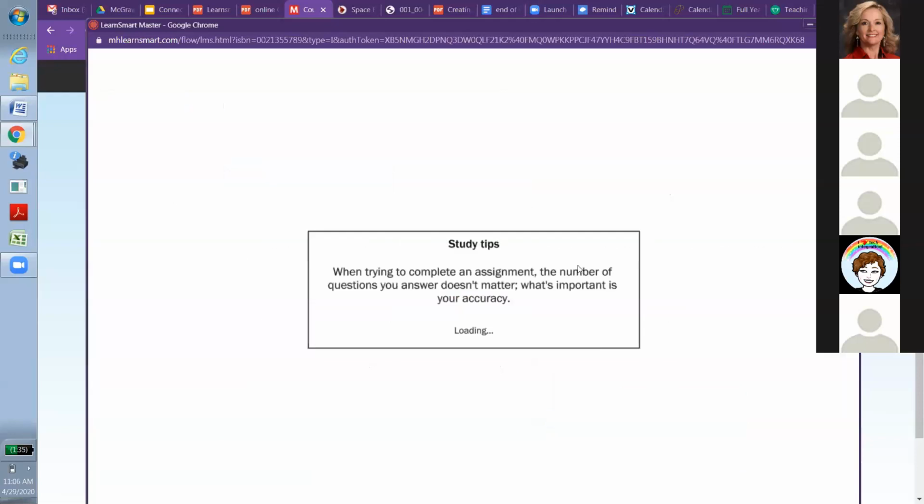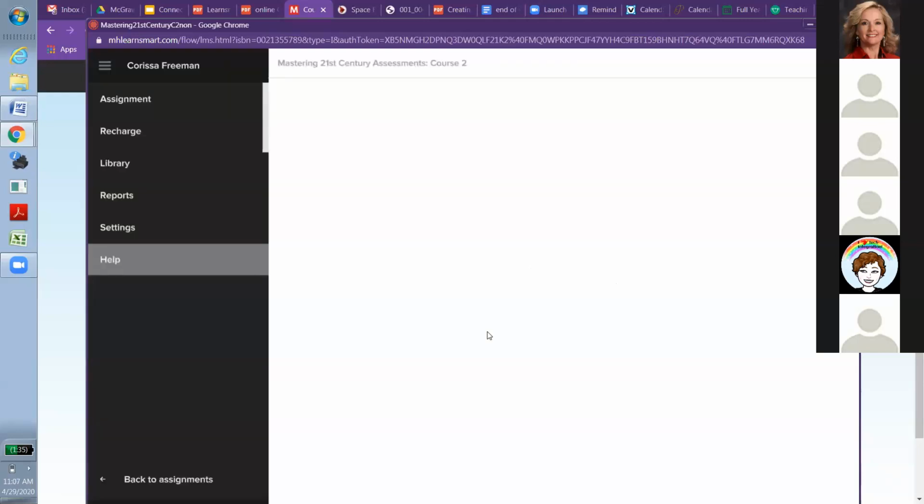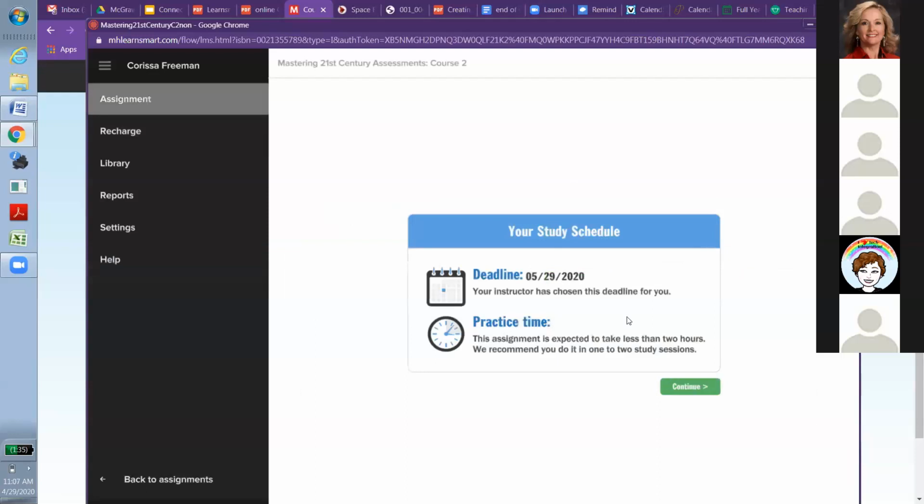all the questions for unit rates when it comes up. It has study tips, it has videos, everything is in there. They can set a goal. So if you have goals, this recharge right here is if maybe they didn't score so well. So maybe they got like a 70% and they want to do it. It gives them questions that they need recharged on. And then here's the assignment. This tells them their deadline, and then they set their own goal